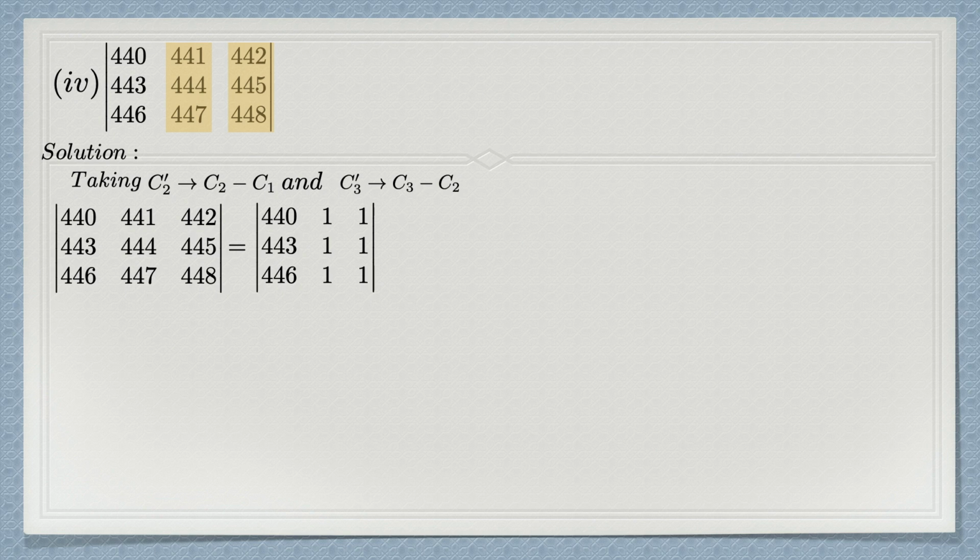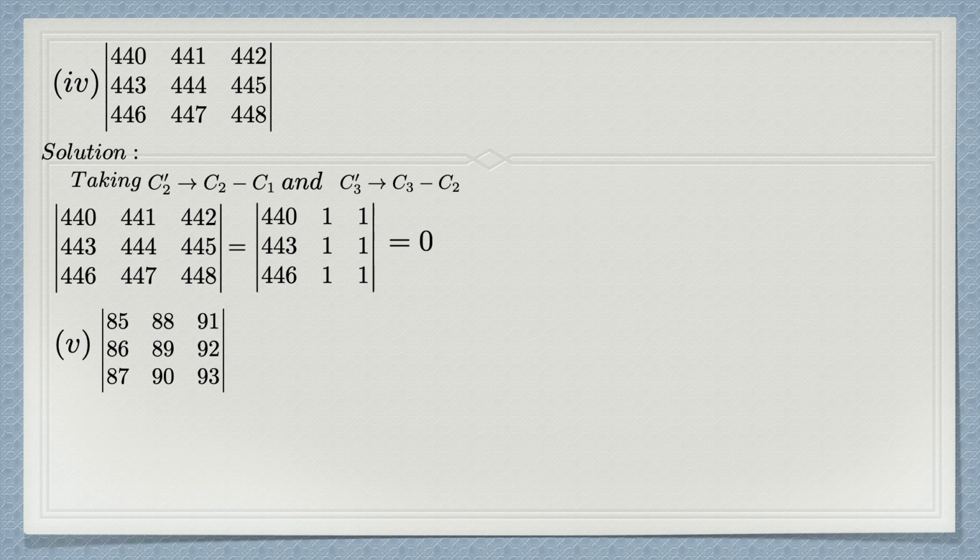Now here it is showing column 3 minus column 2, same like subtracting we get this. So here two columns are identical. See the column 2 and column 3, 1 1 1, 1 1 1 is there, both are identical. We have seen one property: when two rows or two columns are identical, the determinant value is 0. Therefore, since this is identical, we will get the determinant value as 0. Directly from the property, we are writing it as equal to 0.